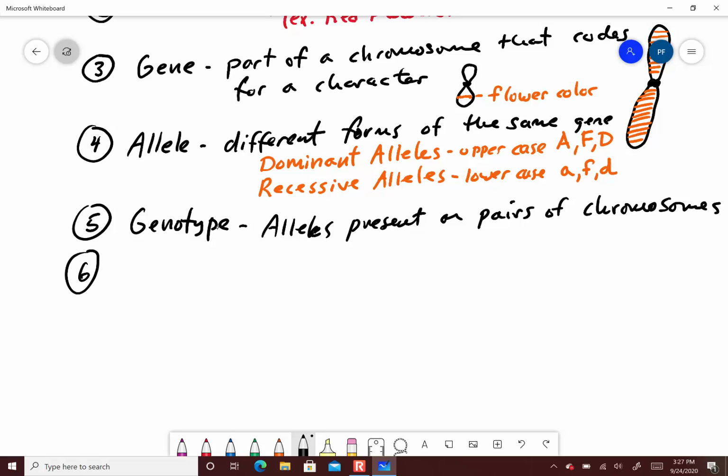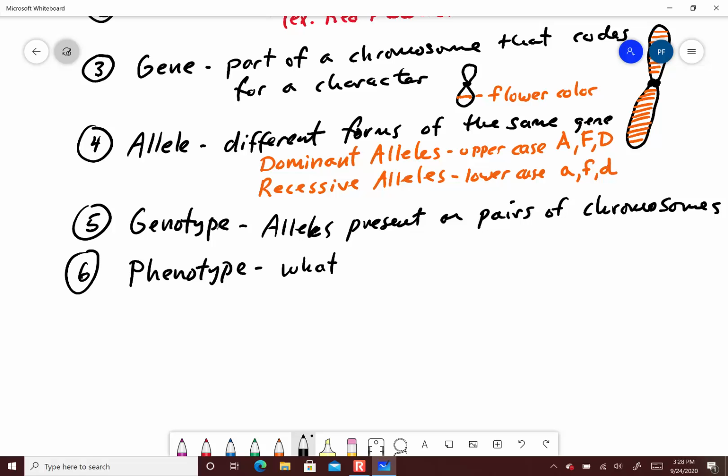So the next lecture video is going to be on genotypes and these pairs of chromosomes. So that particular one, number 5 here, I'm going to come back to in its own lecture because that's a really important part of genetics and heredity. Right, so genotype is the alleles present, and then phenotype,